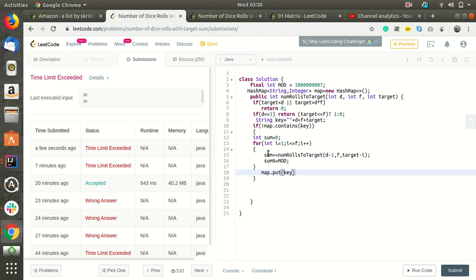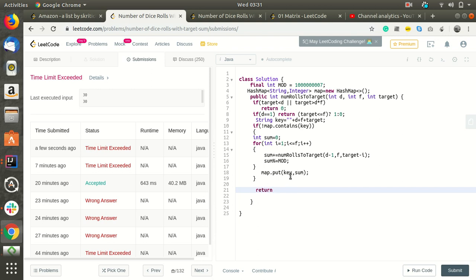Now suppose this value was not there in the map, it will put that key with the value as the sum after calculating it. Now we'll be returning.